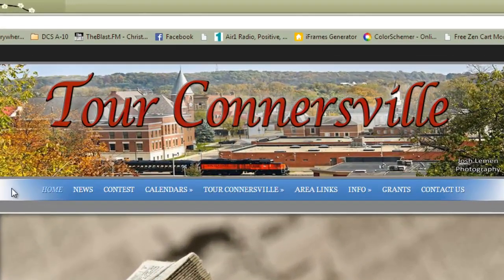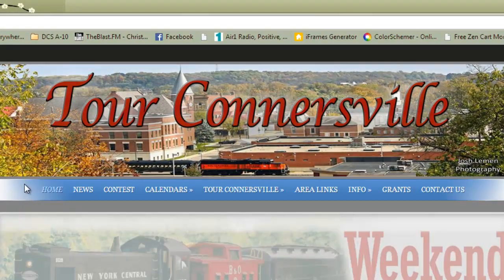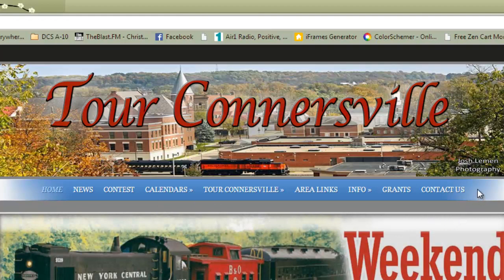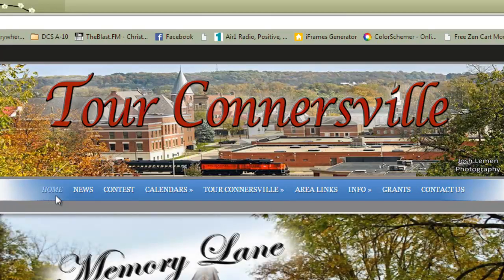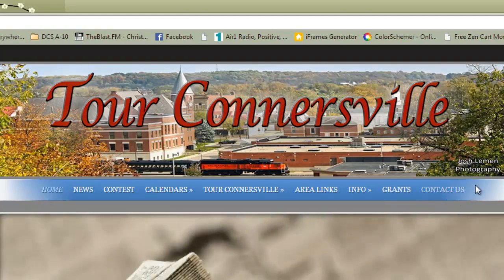Okay, in this video, we want to look at our navigation menu right up here at the top. We can actually edit and modify this. There's a couple things we need to keep in mind as we work it, is that there is a certain amount of length here that we have to work with. Right now we're pretty much maxed out,